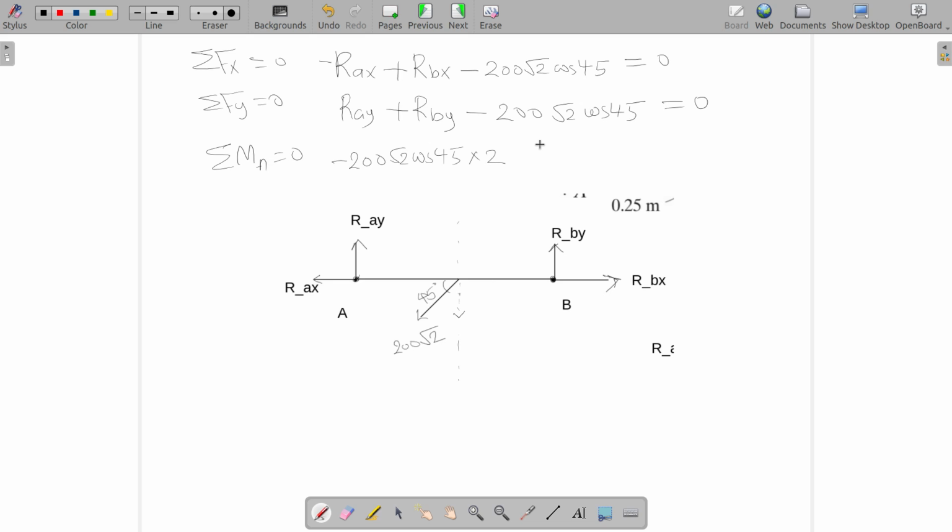And you have RBY. RBY, the perpendicular distance between the line of action of RBY and the point A is 4, and it is causing an anti-clockwise moment about A, so let's take it positive. So these are the forces we need to consider here, that is equal to 0. So from this equation you can calculate RBY,